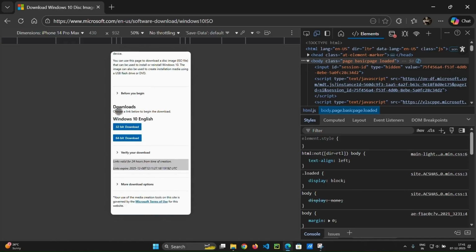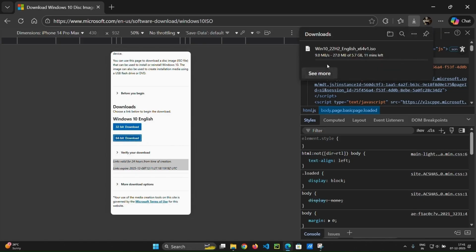Once you do this, it will be asking for downloads for Windows 10 English, that is 32-bit or 64-bit. Right now we are using 64-bit, so I'll go with 64. Once you see the download start, you can see here it is about 5.7 GB. So your pendrive must be greater than 5.7, that is, you can either choose an 8 GB pendrive, or 16, or 32, or 64. Below this you can't use. Okay,